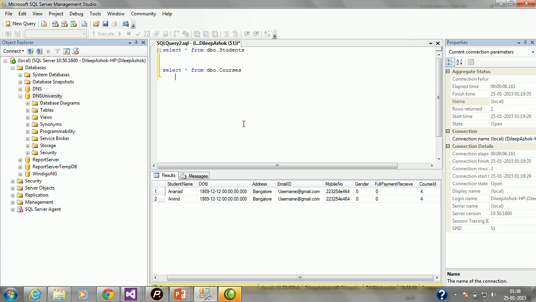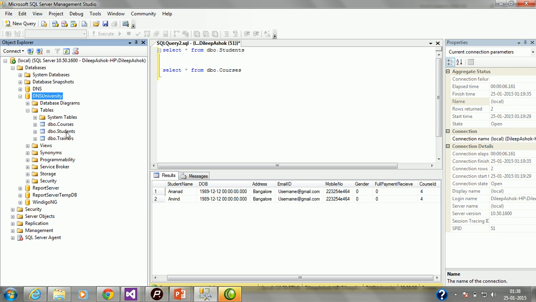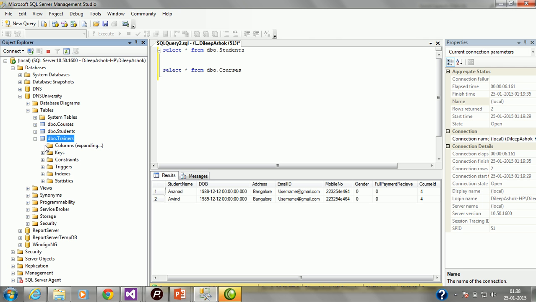So here you can see after refreshing, I'm getting the trainer table. Okay, so the trainer table got created over here.